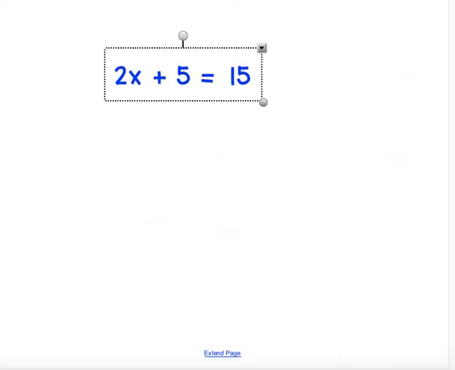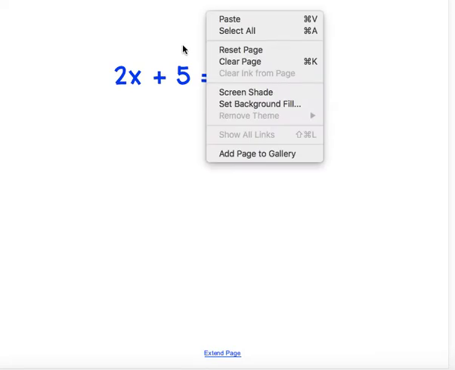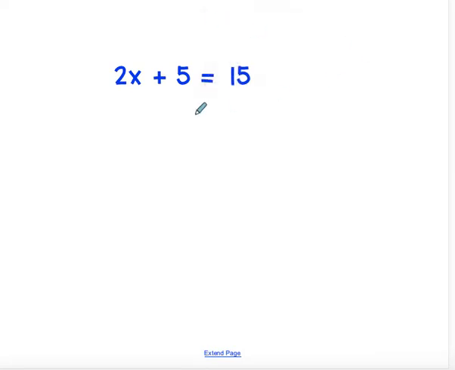Okay, so now this one is a little different because we're going to actually have 2 different operations in this. Right here, we have multiplication, and then we have adding. All right, so you're going to have to do this in 2 steps. So to solve,